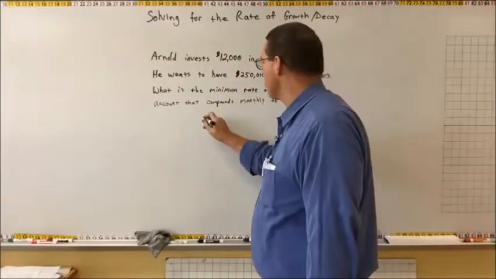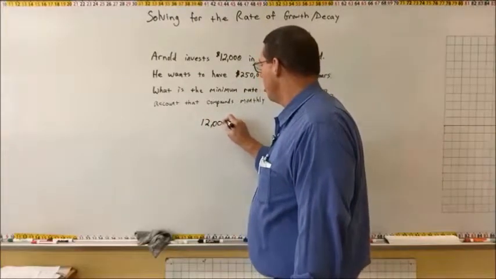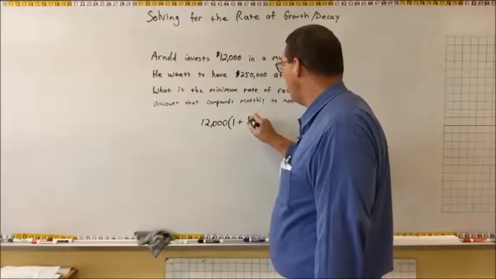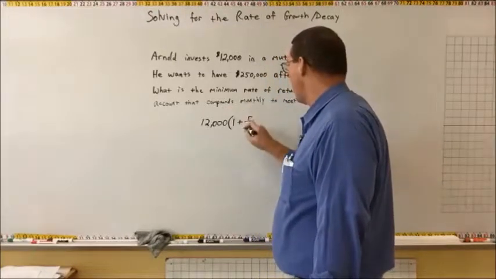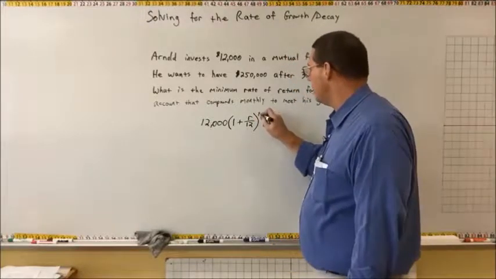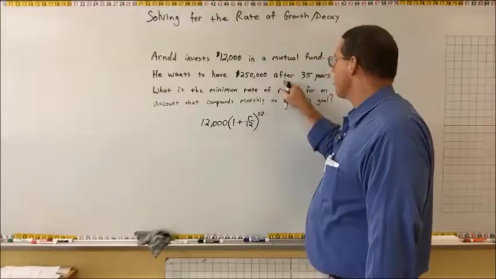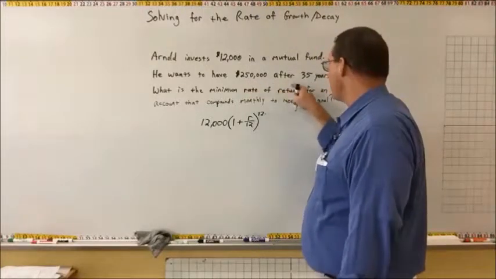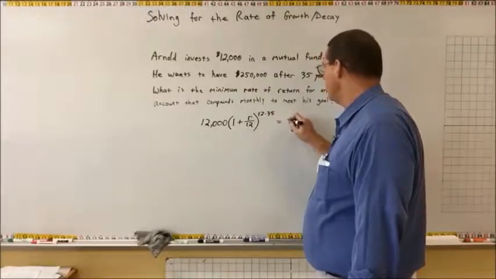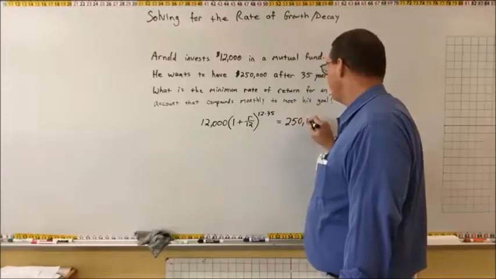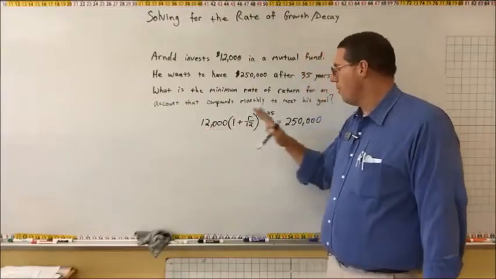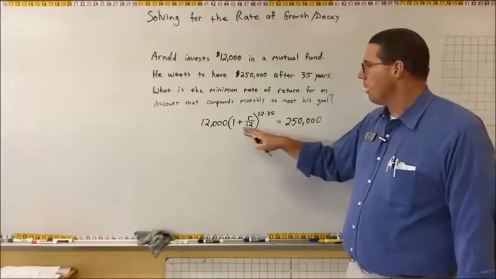So the starting value is 12,000. We know that it would be P times 1 plus the rate, which we do not know, over N. It says it's compounding monthly, so we'll put it over 12, to the power of 12 times, he wants to have 250,000 after 35 years, so we'll put a 35 here, is equal to 250,000. Okay? Now, what we would do is divide 12,000 on both sides, but we would have a problem